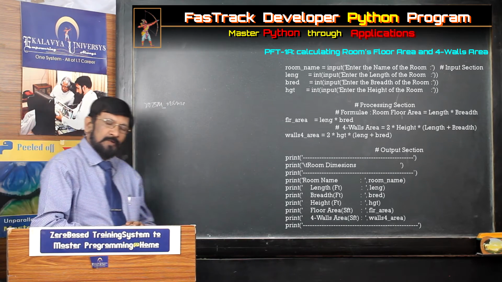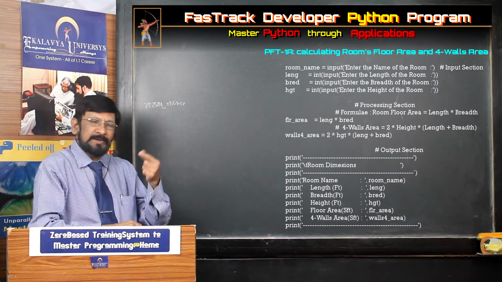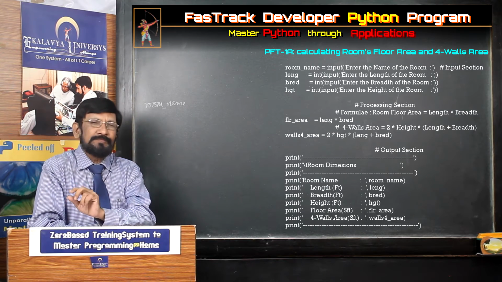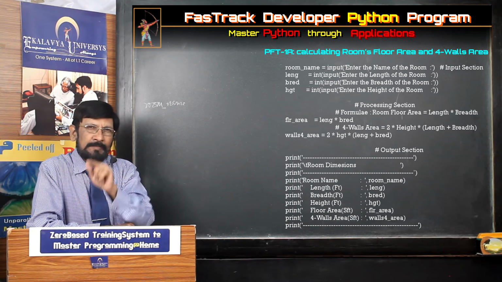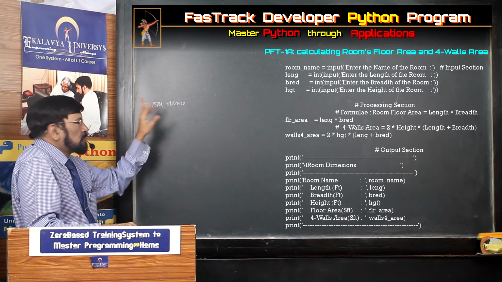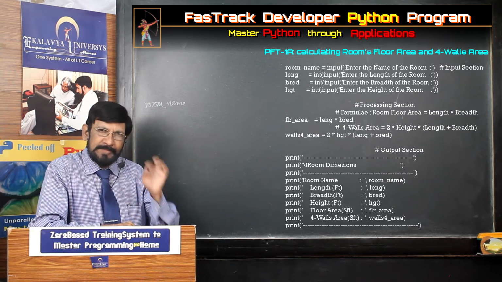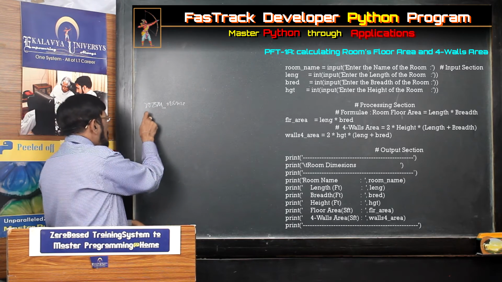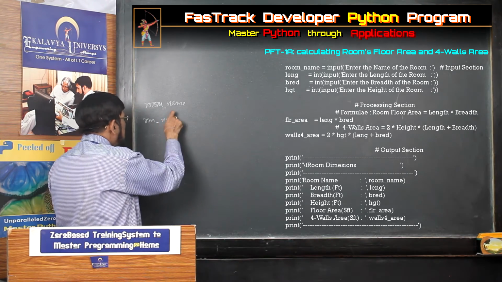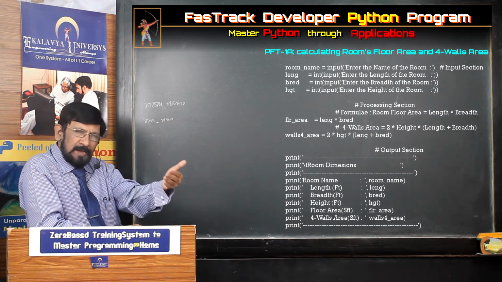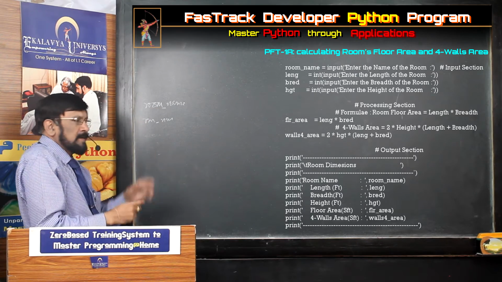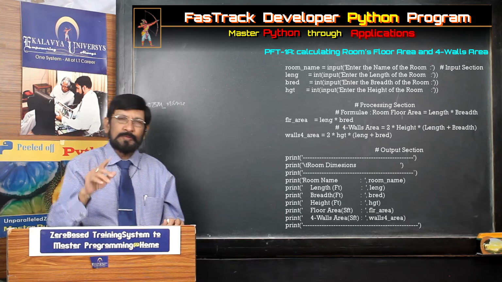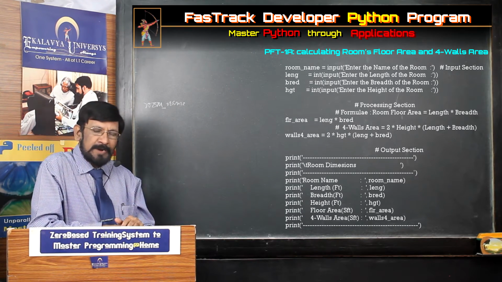So room name, in that manner you have to write. Actually, what should I write? Complete form or short form? One thing I am telling you, any name you give, any short form, but whoever reads the name, they should understand what it is. That is the main requirement. Suppose you write RM, NM, can you understand? You think like another person. You cannot understand. So, you can use a shorter form, but whatever shorter form you use, others should understand. That point you have to understand and proceed.